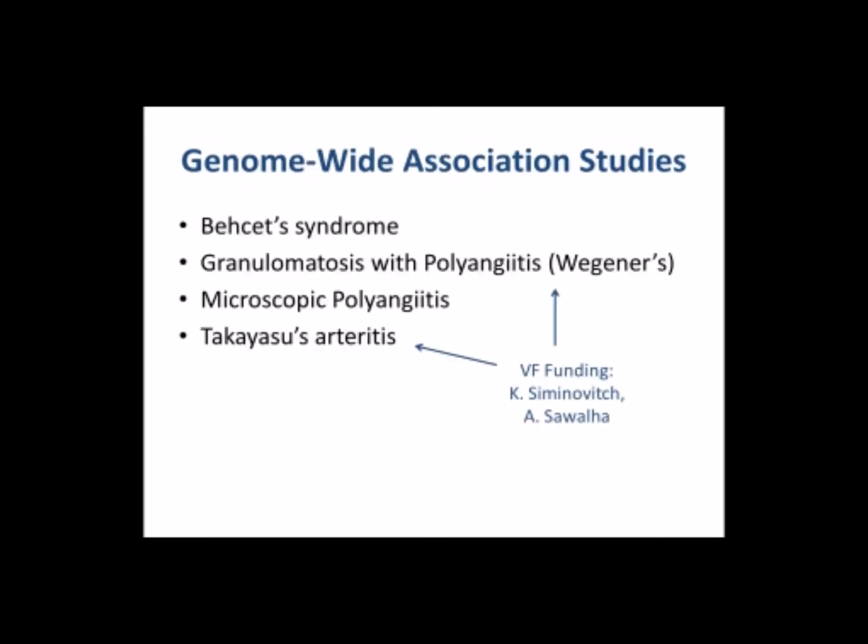So genome-wide association studies have been done in several vasculitic diseases. I'm not going to talk about Behçet syndrome, which was the one that was actually done first. There again wasn't necessarily insight into what caused the disease, but it was still a nice study. One that's gotten a lot more press recently covered both GPA and MPA together. We also, through the VF, funded another one, and I was involved in one that specifically was GPA. And then also a big collaborative study in Takayasu's arteritis, also supported by the VF. And so here are some of the results.